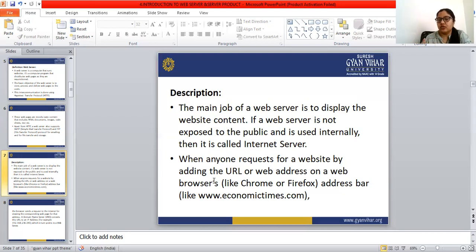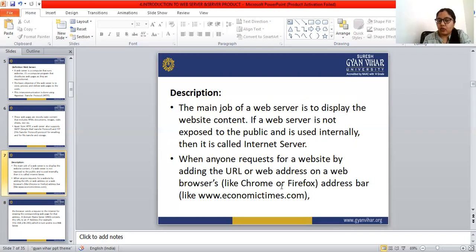When we add the URL or the web address to that browser, it shows the website. The browser communicates with the web server, finds the content in that web server, and displays it to the users.